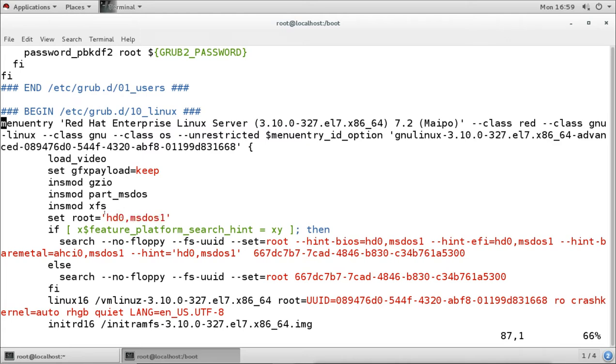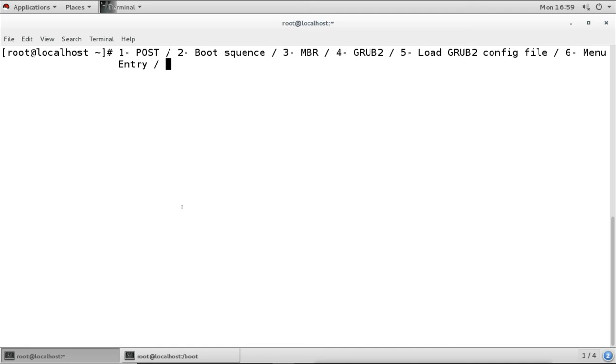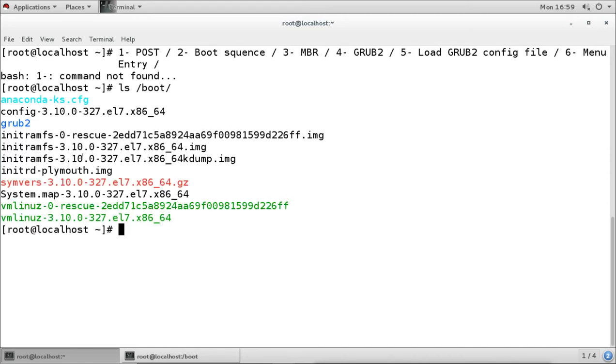Here it is saying hd0, that means the first hard disk, and msdos1, that means the first partition. So from the first hard disk, first partition, it is going to get all the bootable files, and that is our boot partition, which is mounted on /boot, and we can see under /boot we have all the bootable files.